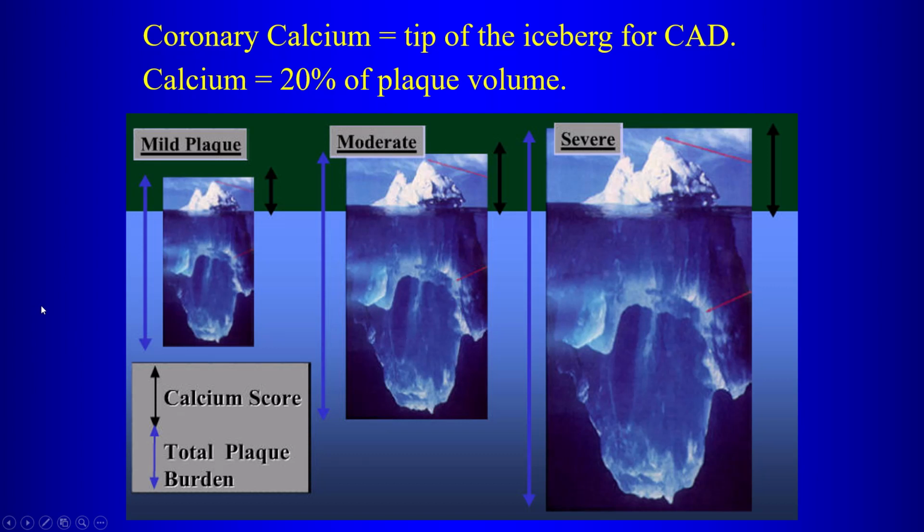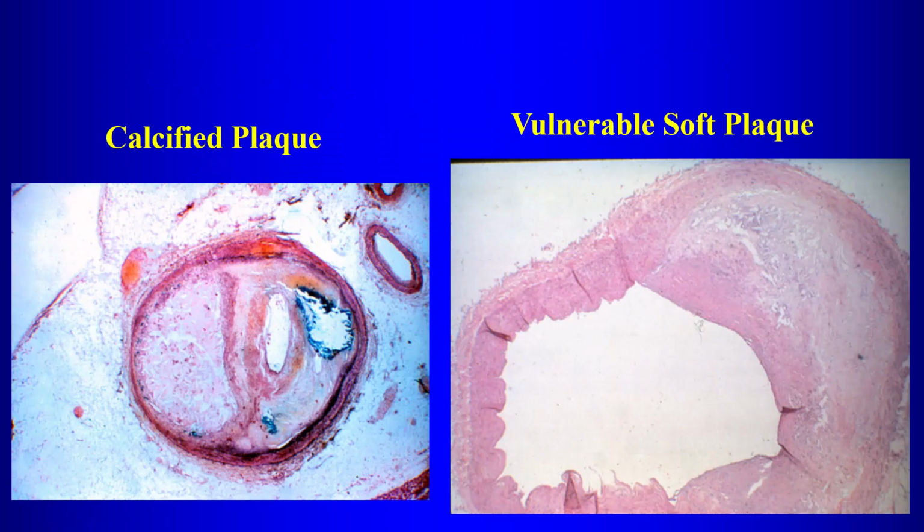Remember, the calcium is the tip of the iceberg. The calcium is only 20% of the plaque volume. We only see the calcified plaque, but there's a lot of uncalcified plaque that is also going to be there if we see calcified plaque. So calcified plaque also tends to occur late in the natural history of coronary artery disease. So in patients who have angina